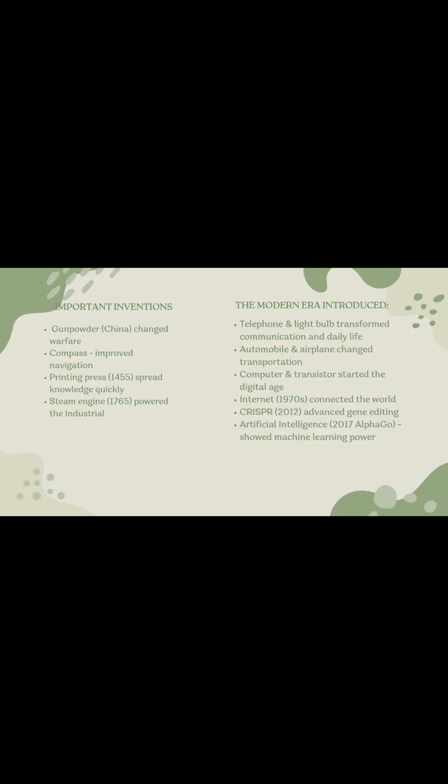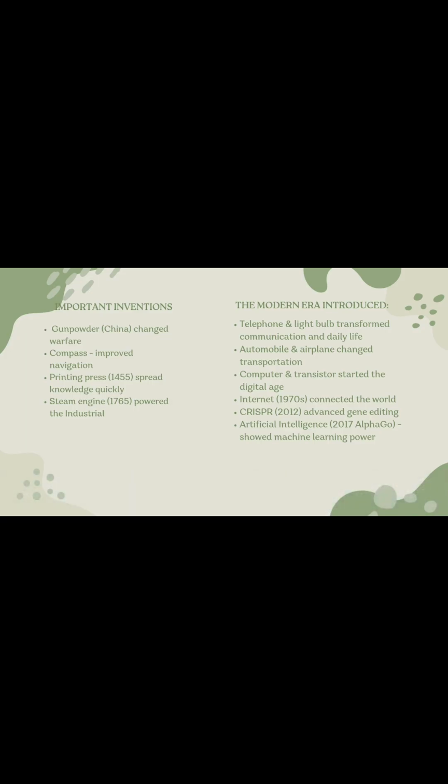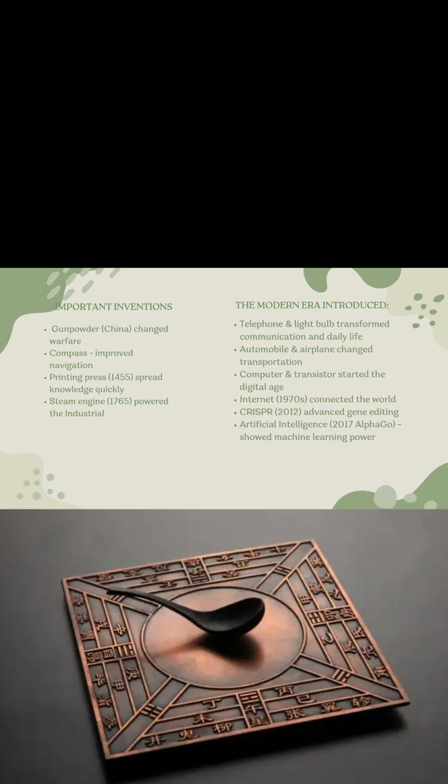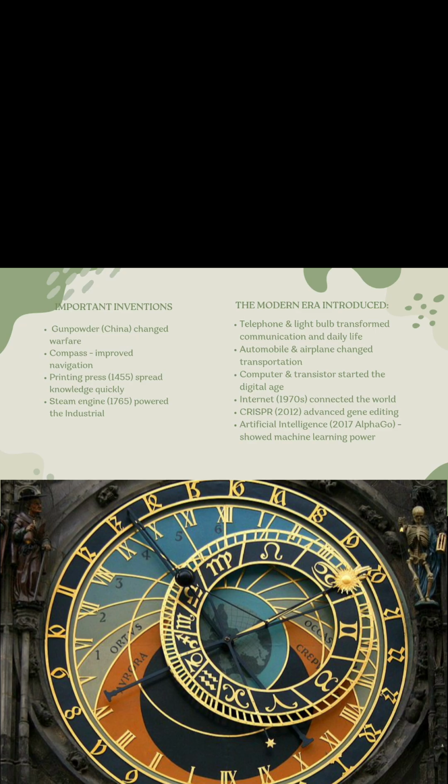In 950 CE, windmills in Persia used wind power to drain and pump water for irrigation. In 1044 CE, the magnetic compass in China. It helps sailors navigate oceans, helping travelers and explorers determine direction, especially at sea. In the years 1250 to 1300, mechanical clocks in Europe allowed accurate timekeeping. They used gears and weights to tell time and were mainly used in churches and towns to signal hours.